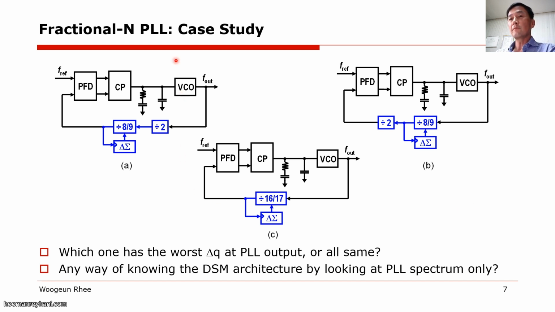And then after learning the fractional PLL, you may ask a very interesting question. These are all similar division ratios. You can actually have the same fractional N division ratio, but what's the impact of the quantization noise of the delta sigma modulator? And also you will learn why delta sigma quantization noise will not be multiplied by the division ratio N, even though this one operates at the reference clock period. Nonetheless, these three architectures will give different performance at the PLL output. This is a very interesting question, and we will discuss it during the course.